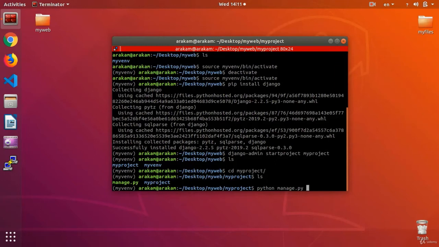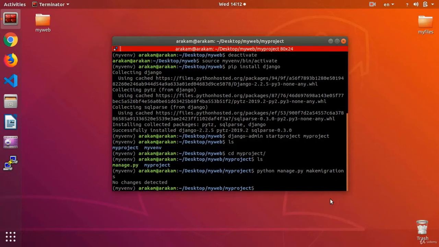And when we are using commands that contain manage.py, that is, they work with python space manage.py, we need to be inside our project folder where manage.py has been saved. Otherwise, this command will not work properly and it gives us an error. As you notice, now I have entered my project folder where manage.py is, and now I am using the command python manage.py